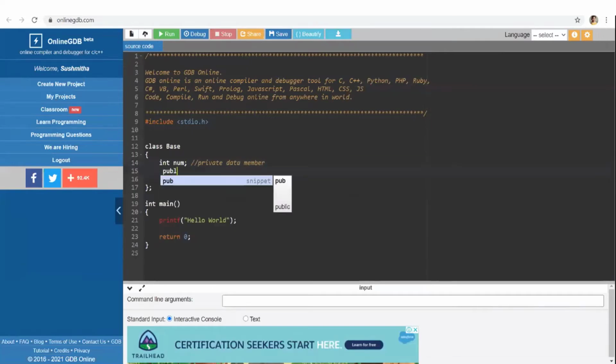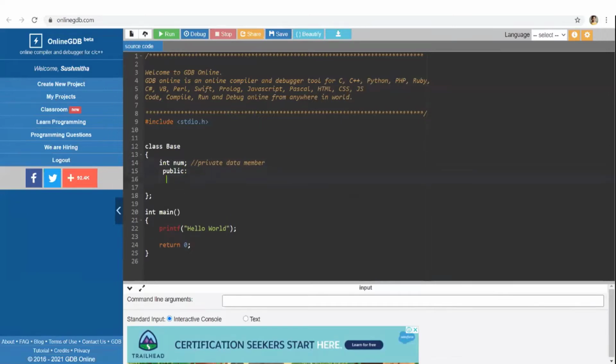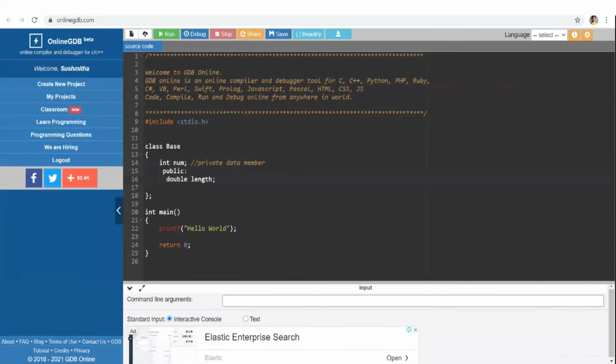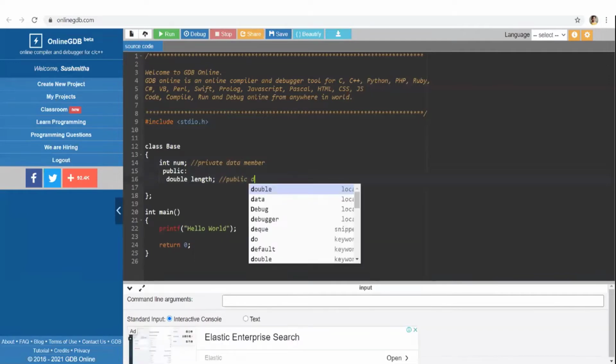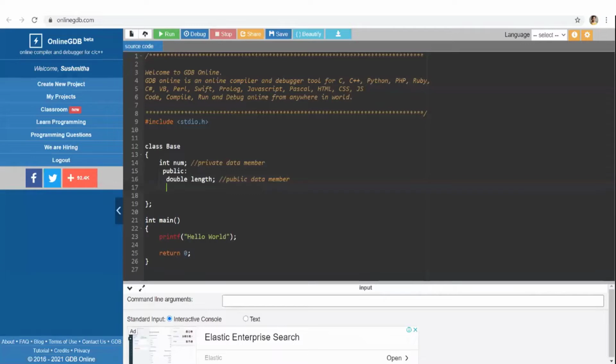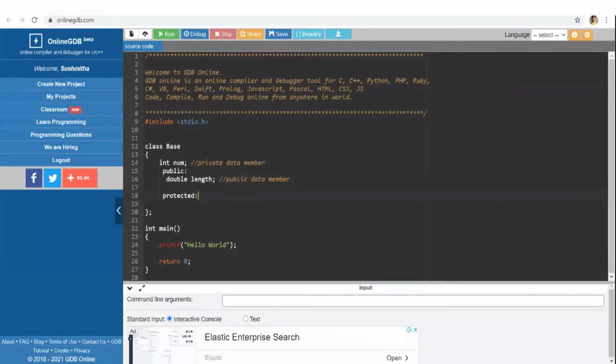If I want to access it outside the class, I use a public data member, like that. So this is a public data member. Also, I could have a protected data member, any num.